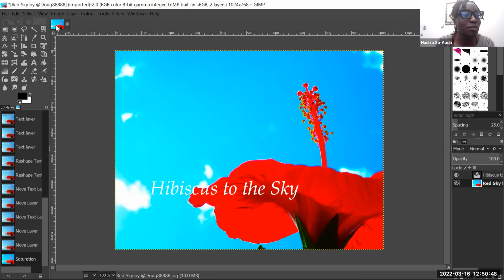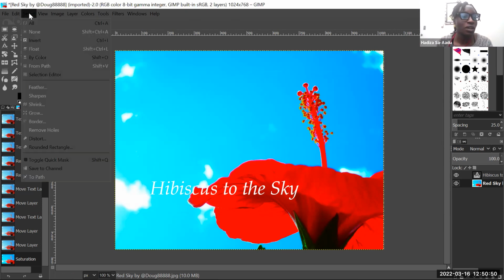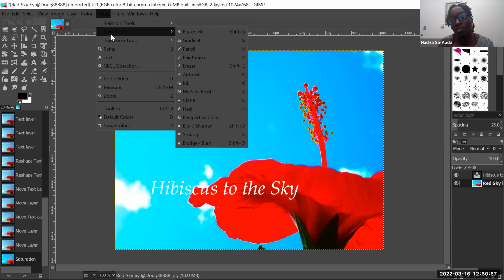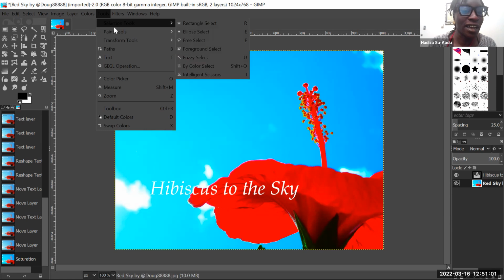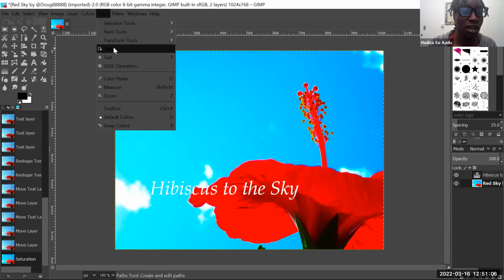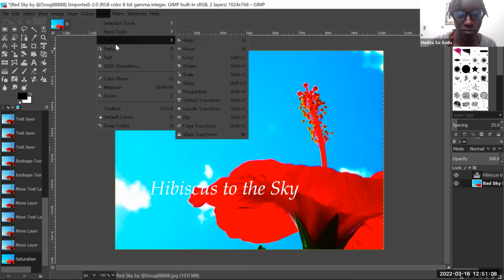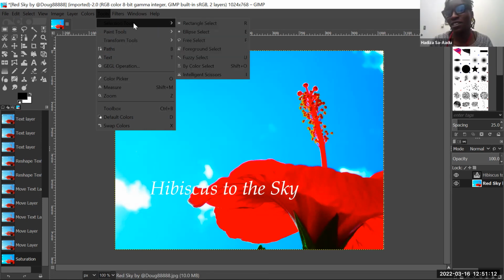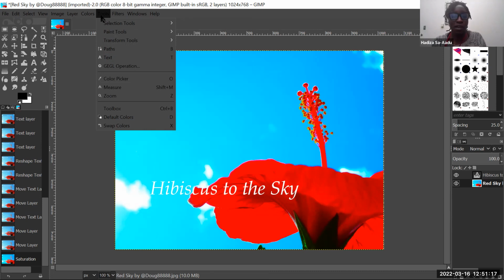So there's an awesome tool. Oh my gosh, I've been in Adobe for the past year, so I haven't used GIMP in a while. I had to remember that it is the Intelligent Scissors. Where is it? Selection tools. Oh my goodness. Come on. Okay, so in our Tools drop down, we've got our first choice with this, which is